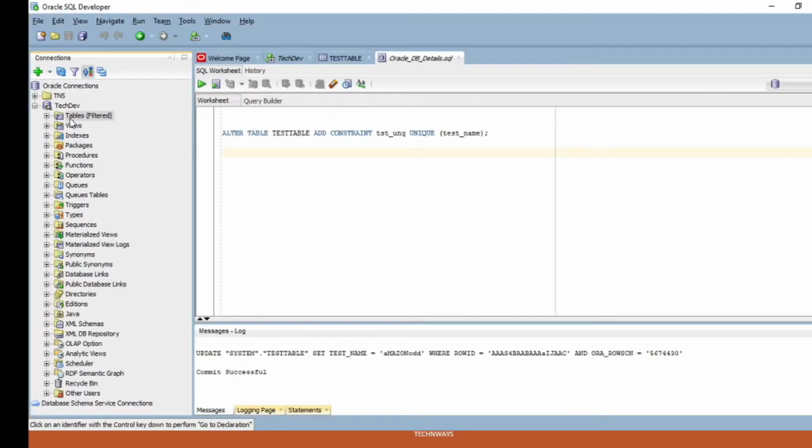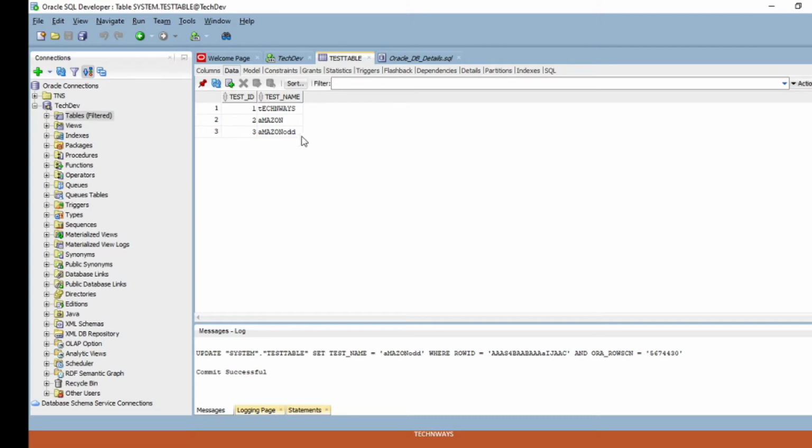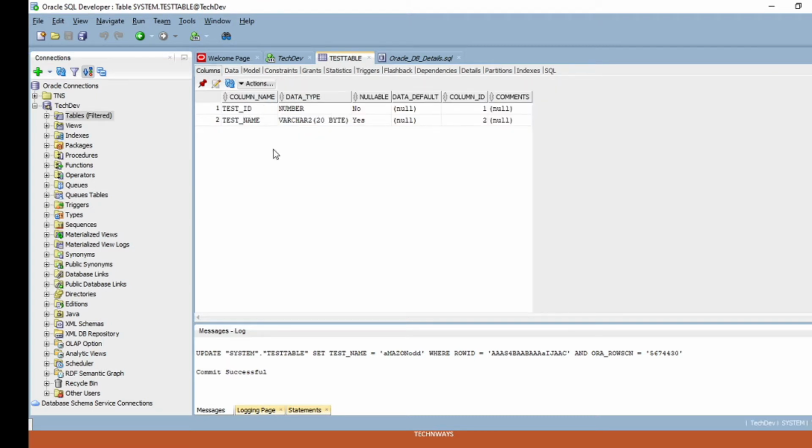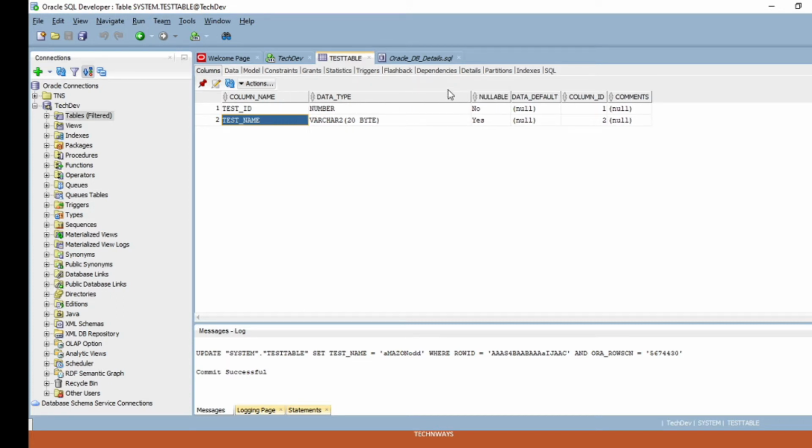Okay, so this is the table you can see here. In this table we have two columns. Here you can see the nullable value, the data default value, the column ID, and the comment.